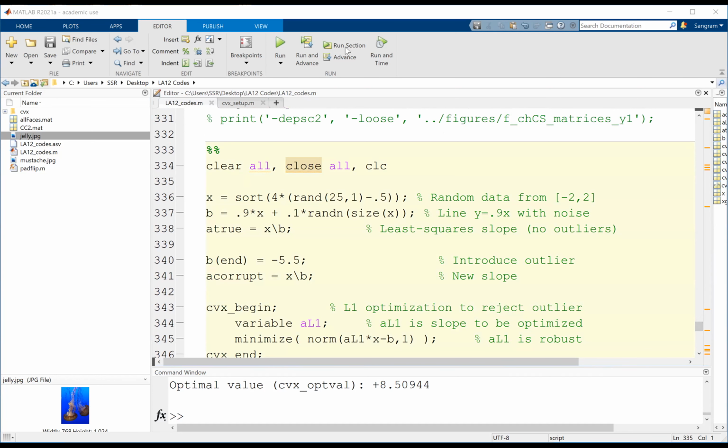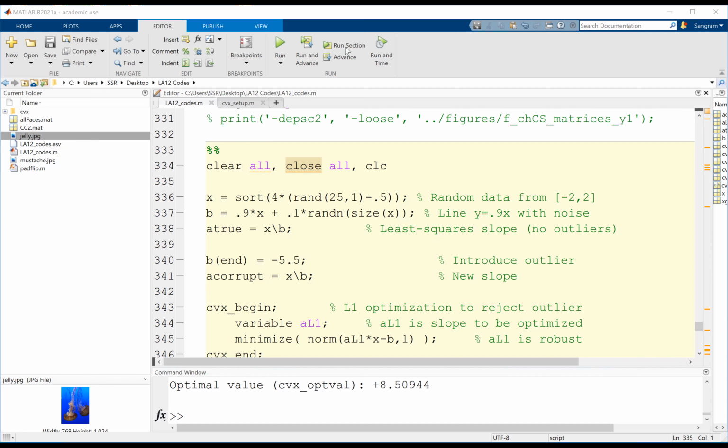This is the power of the L1 norm. What I'm trying to do here is a line fit, and my data is shown by those circles. Can you see that the data in circles actually follows a fairly straight line? But if I were to do an L2 norm solution, the least square fit, that red line is the solution. But that is not the actual representation of the trend.